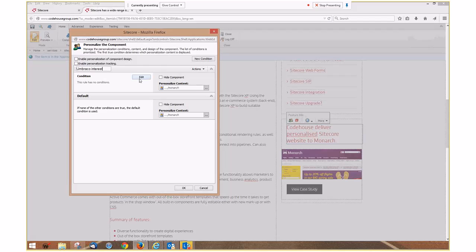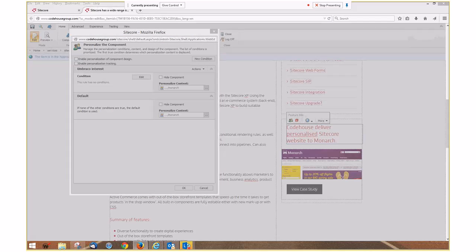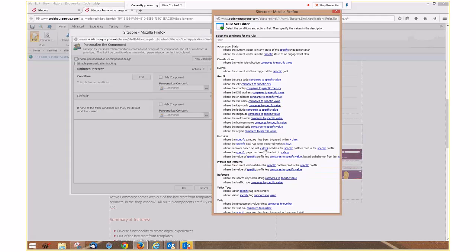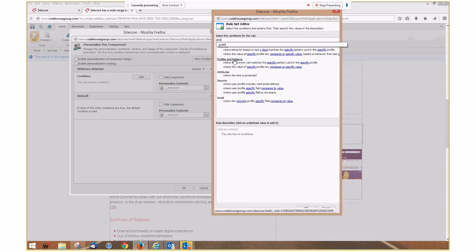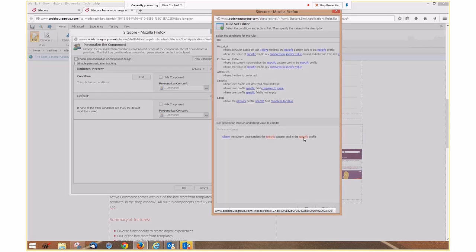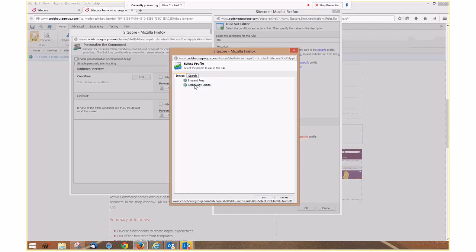And what we should do is we use the rules engine, and this is the first time you'll have seen this, but it's a long list out of the box of personalization rules and actions we can do to say that okay, if people are coming from a country, then show them a different bit of content. What we were interested in, the example I was using, is the profiles and patterns where the current visit matches a specific pattern card in a profile, because we were saying that I have to set the profile first, and we had a profile called technology choice,